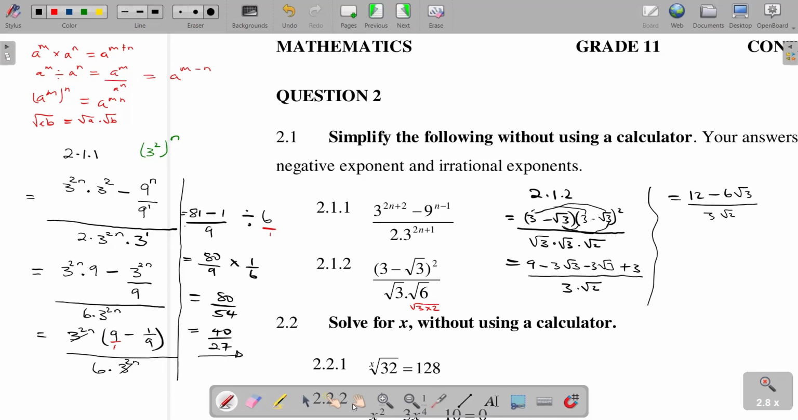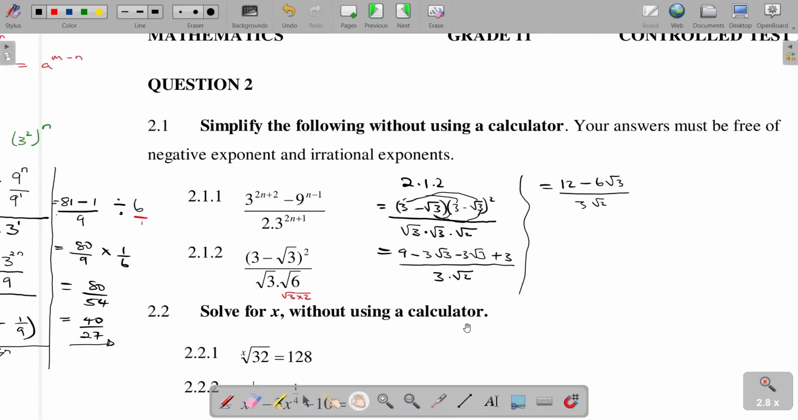If you are to rationalize the denominator, it means we have to multiply both the numerator and the denominator by root 2. So we multiply here by root 2, and here by root 2. So it means 12 times root 2 will be equal to 12 root 2